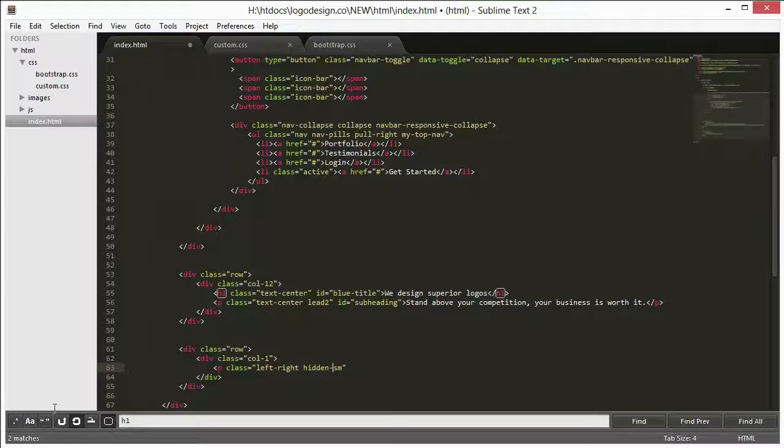So let's go back here and continue on. And ID equals left-arrow, and we'll just call this previous gallery. Alright, and then under here we'll have div class equals col-10, ID equals logo-gallery,